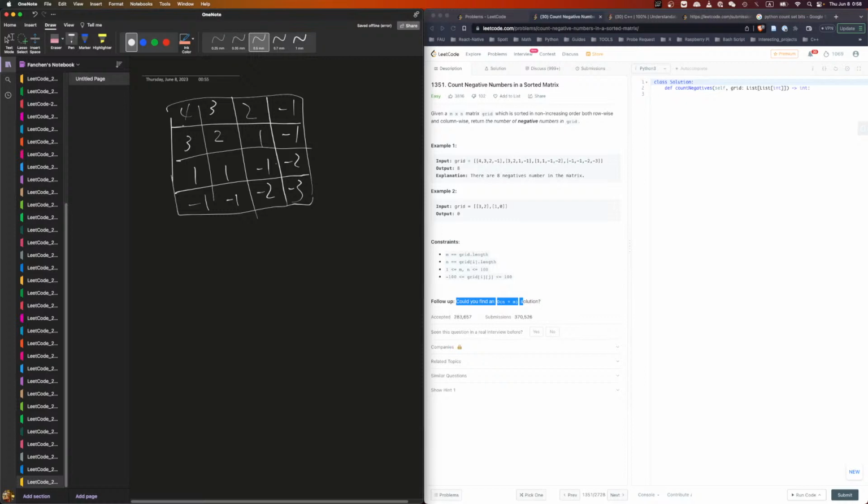Well, I mean, we know we can start from the right-hand side, right? I mean, this will definitely be the smallest, right? This one's definitely the smallest. So maybe we can start from there. And then what? And then we try to see this one. If this one is negative, then these two must be negative. Okay? And then what? Then we try this one. But this one's positive. Therefore,